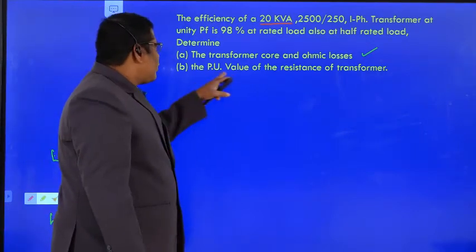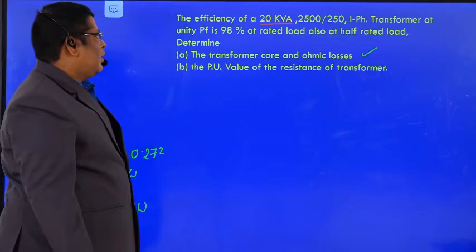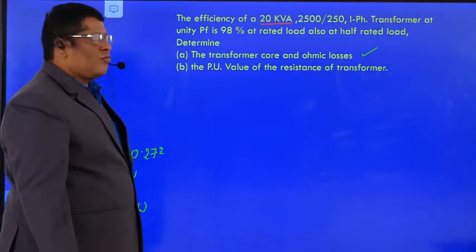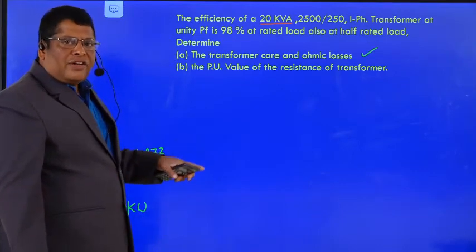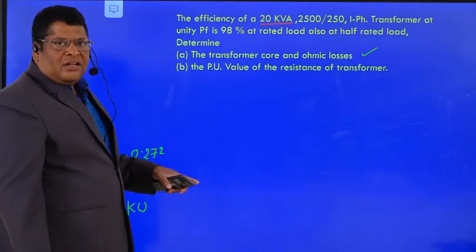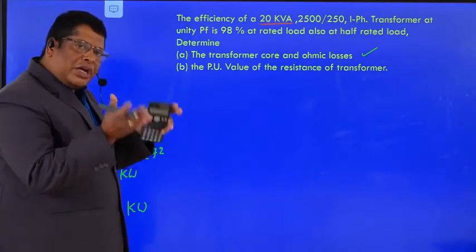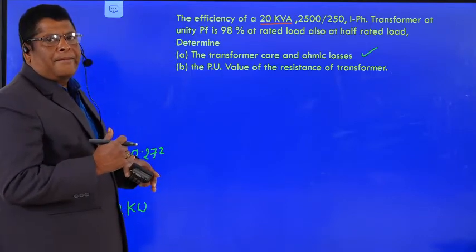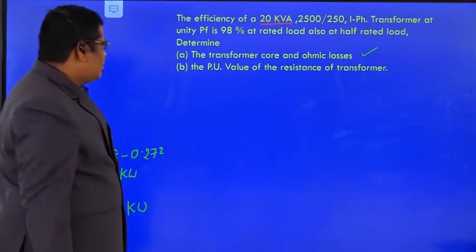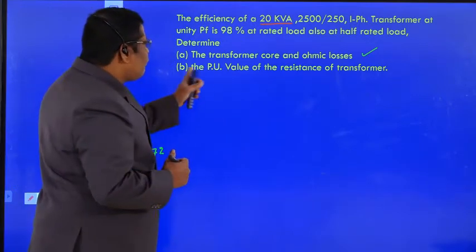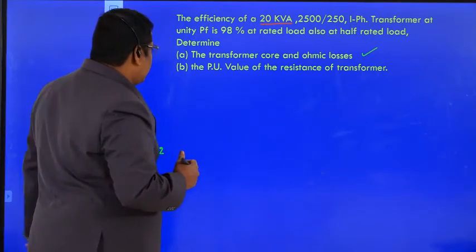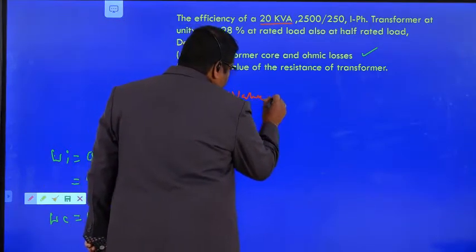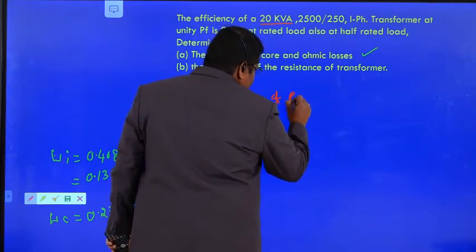Next we are trying to find out the per unit value of resistance of a transformer. How do you find it? The per unit value of resistance of a transformer is defined as the equivalent resistance of a transformer referred to any winding, that may be the primary winding or secondary winding, divided by the base impedance. So we write the per unit value of resistance of transformer